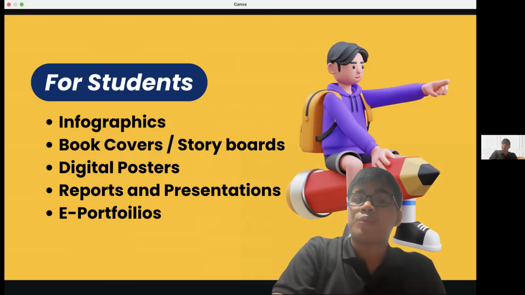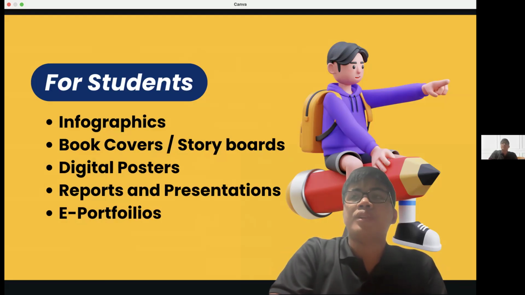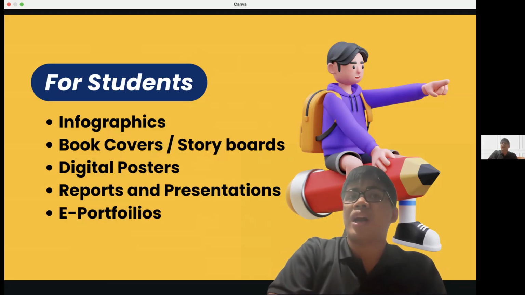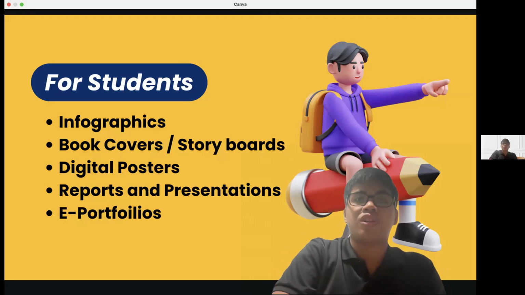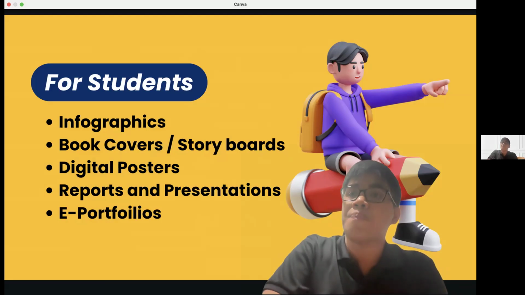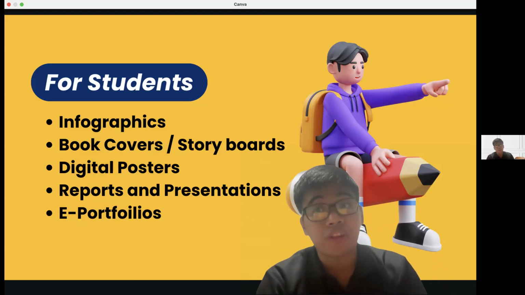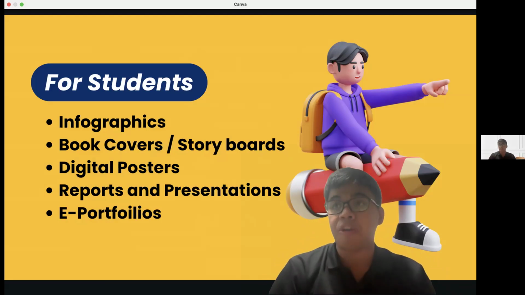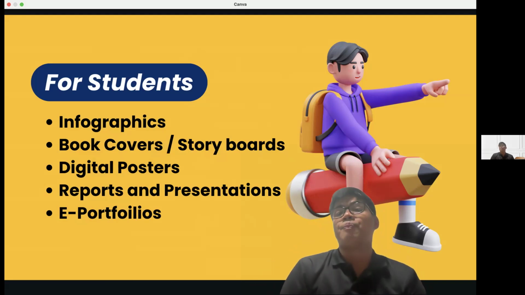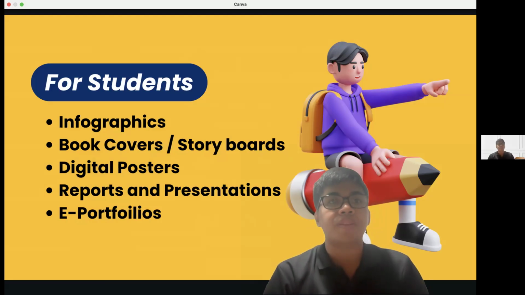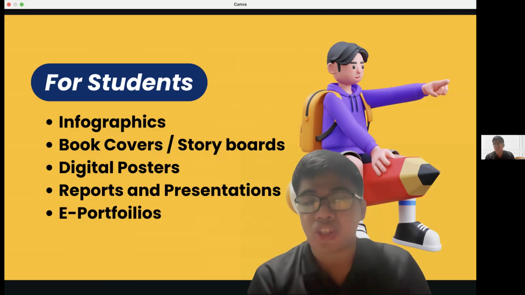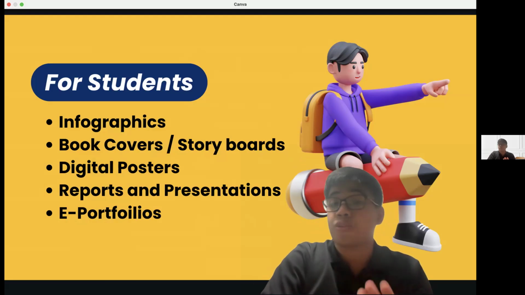And lastly, e-portfolios. In e-portfolios, before, without Canva or without the ICT integration, our portfolio was compiled in a clear folder or some folder, or some of our teachers wanted us to create a scrapbook wherein we're going to compile all of the tasks, activities, seat works, quizzes, and reflections that we have in his or her class.